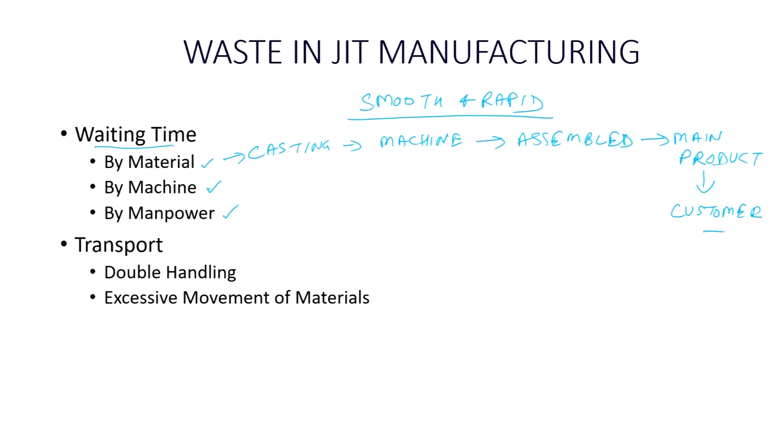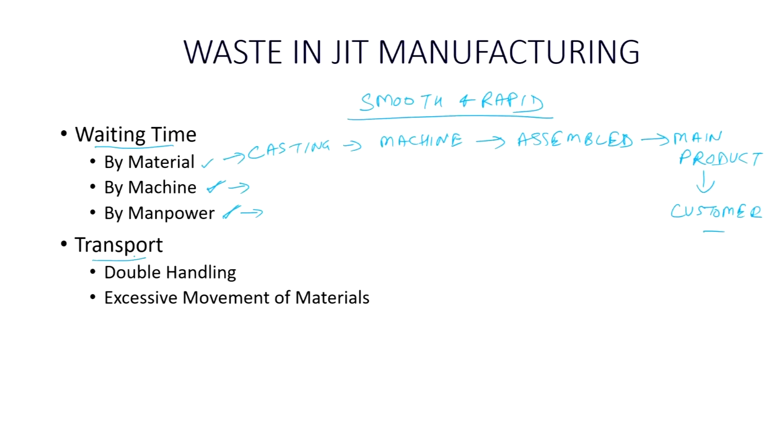Then the same is true with the machines also. Machines should not be waiting, they should not be idle, very expensive resources. Manpower also, if you do not have the work, let them be deployed at some other place doing some other activity. Just like we have said that they are not to be retrenched, they are not to be fired, rather they can be used for adding their skills, or doing the painting of the pipes and other things, or some areas. Or if they are working in the production area, they may be given skills of maintenance of the machine, or they may do the improvement of the machines, equipment, tooling etcetera also.